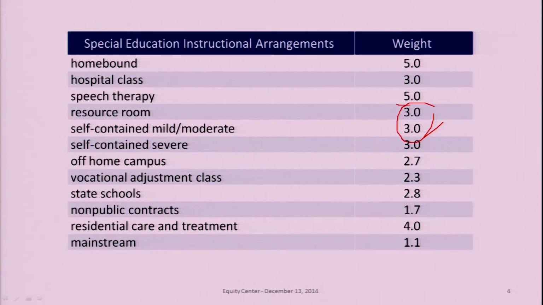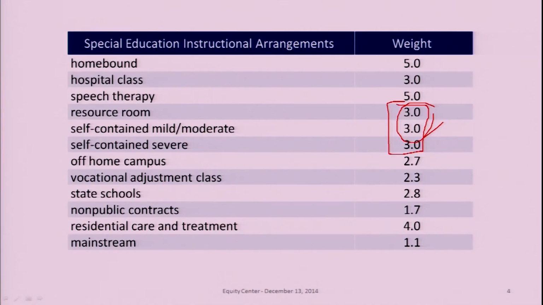And you'll notice, even though you're going to have a higher cost with kids that are in the severe instructional arrangement, it has the same weight. And back in the mid-90s, a decision was made to take those three categories and average their weights, because it was more cost efficient as far as having a resource room, so that had a lower weight, and a higher weight for the mild and moderate, and then the highest weight for the children